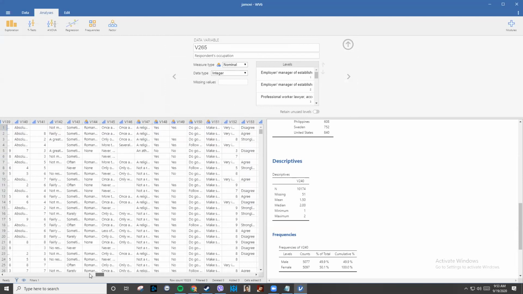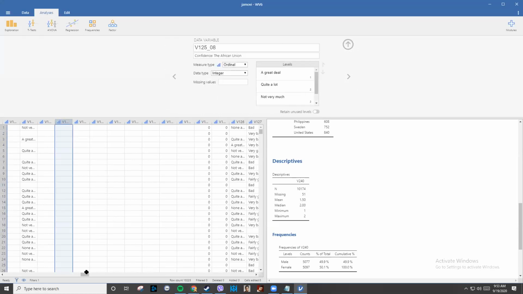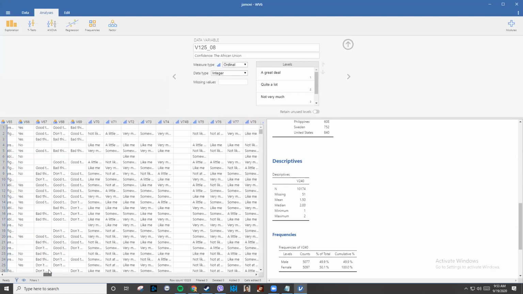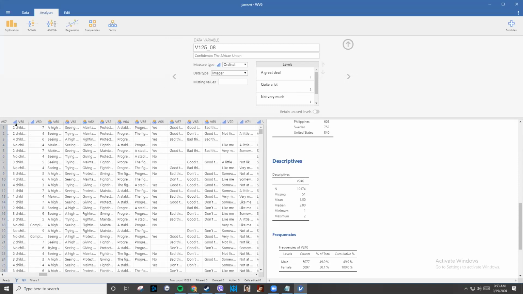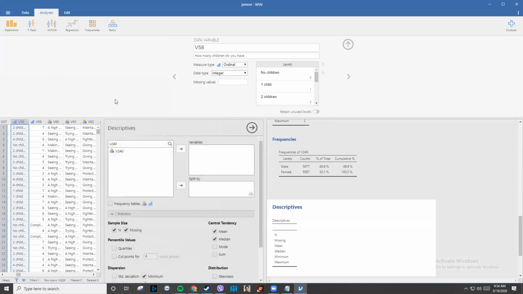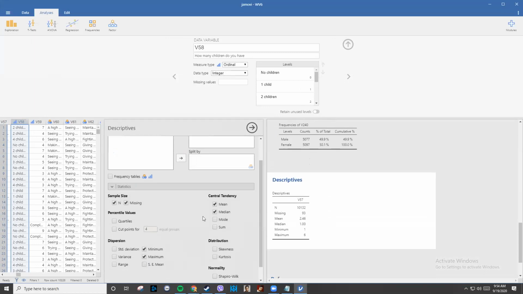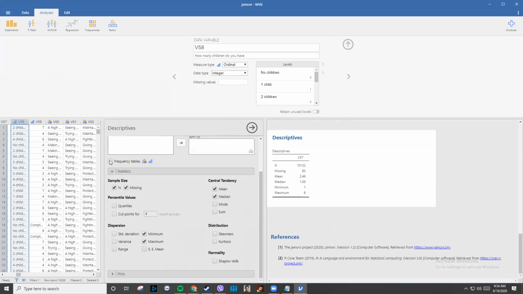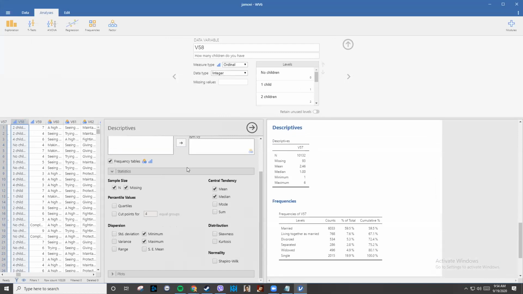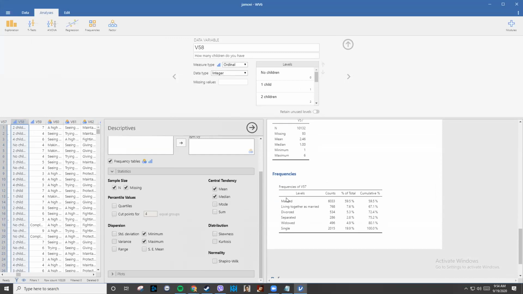Did you read the coding manual like a normal person is supposed to? Ikaw ba yung nagsasalita? Medyo mahina yung mic mo. Ito, okay na? Yeah, okay na.